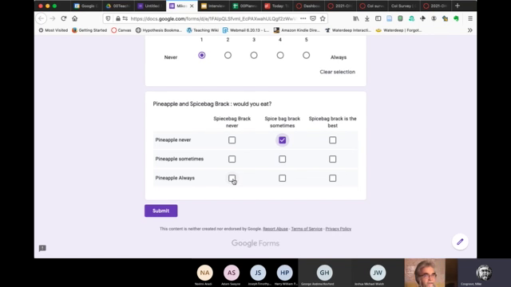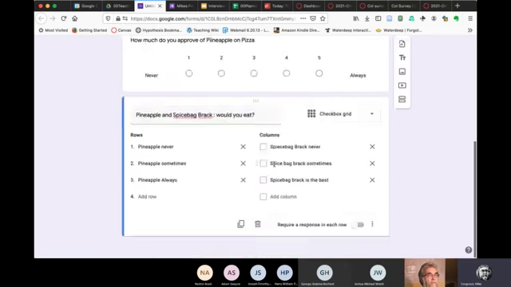Now, this is the difference between the checkbox and the radio buttons, the roundy ones, right? This is a question where you really only want one of those 9 squares filled in. Because the answer here is you want an answer about the combination, right? So you don't want people to have multiple choices here. I made the wrong choice on this one because some people might look at this and go, no, I would never eat spice bag brack, but I would always have pineapple on my pizza, right? So we want to change this. I wonder if I can change this.